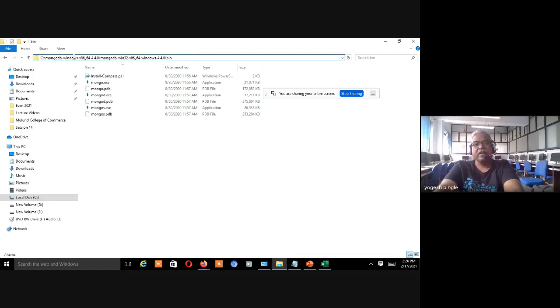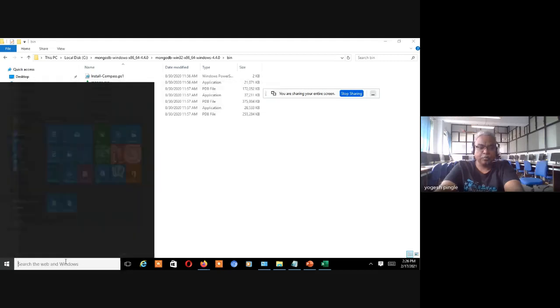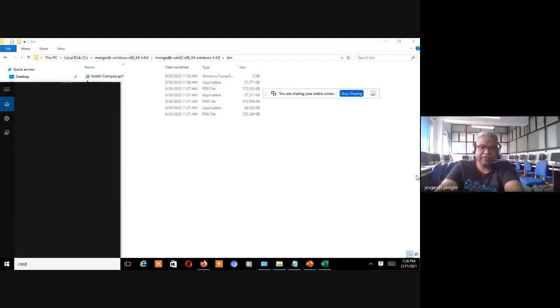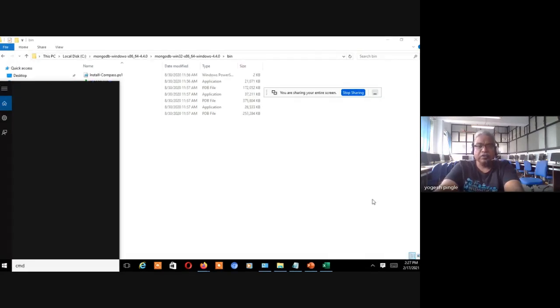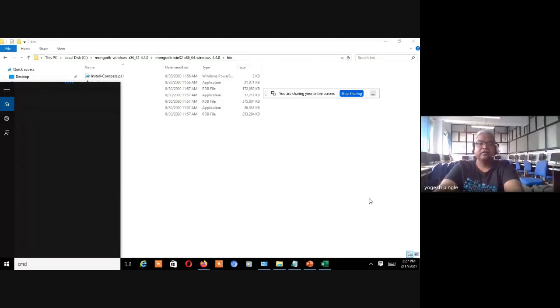And once you give this particular path, after that we are going to open our command prompt, wherein we are going to check whether you have installed MongoDB successfully or not. Right, so very small process. It's not a very big thing. First thing, download the zip file, extract the files, and after extracting, just go to the bin folder, or let's copy that particular path, go to the environment variable and paste it. Okay.